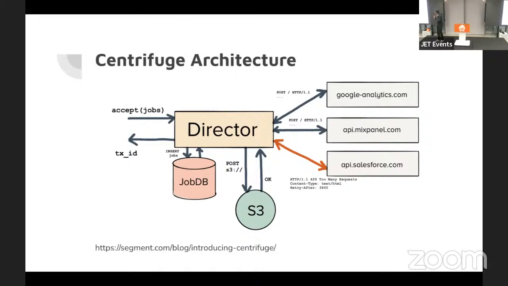The closest thing I've seen online to solving these problems in a Webhook gateway is this system called Centrifuge, which was built at Segment. And there's a blog underneath that I think is a good read. The core of the Centrifuge system is to receive events and send them to all the integrations that Segment powers, which is the 450 integrations and any other endpoint that they have.